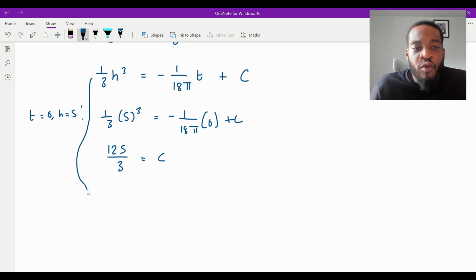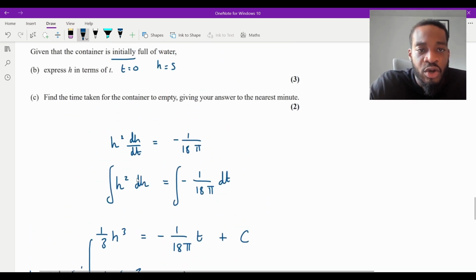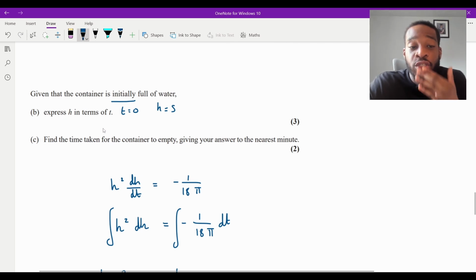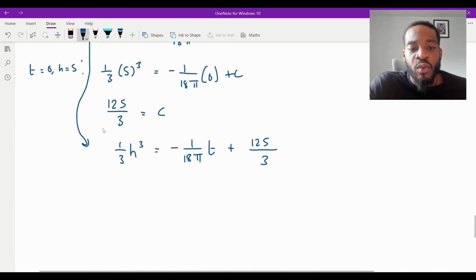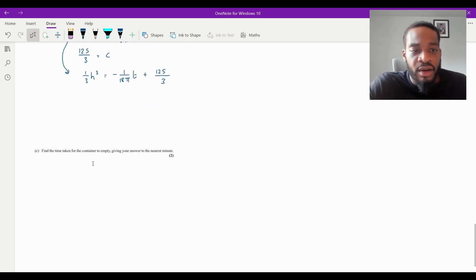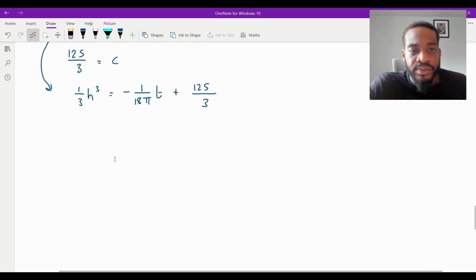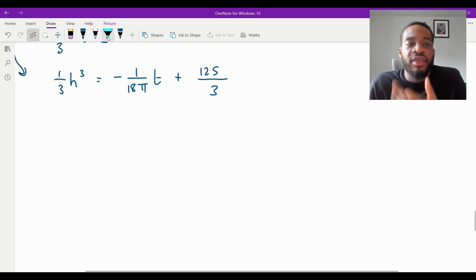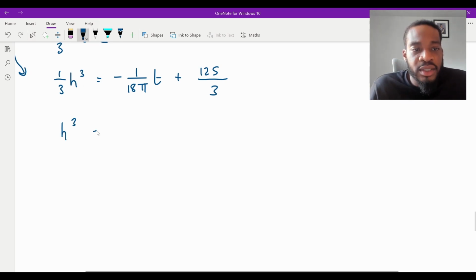And now we can update our formula, right? We're going to say that a third h cubed is equal to minus 1 over 18 pi t plus our constant of integration, which is 125 over 3. Now, the question did ask us to express h in terms of t. So we need to get h by itself. So we're just going to rearrange, aren't we? Let me zoom out a bit and bring this down a bit more. Okay, we need h by itself, so times everything by 3. I think that's the best way to go. h cubed is going to give me 3 over 18, which is a 6th, so it's going to be minus a 6th pi t